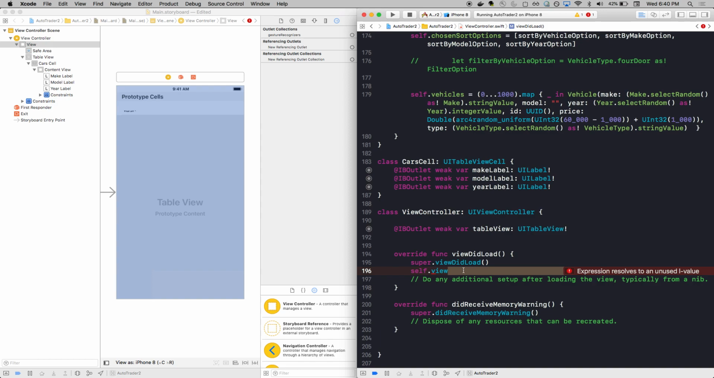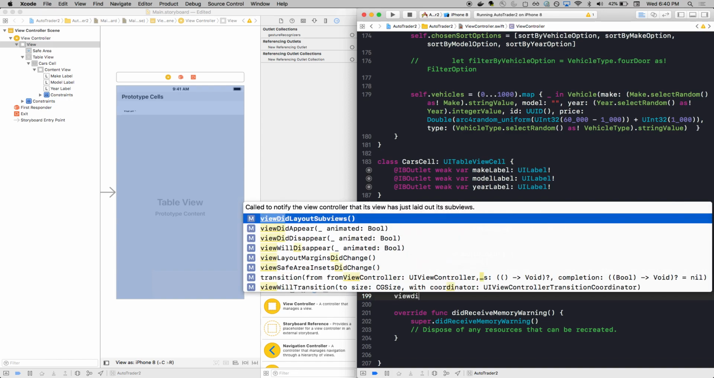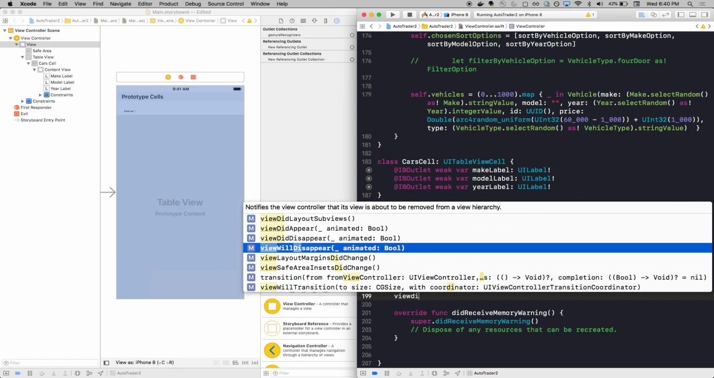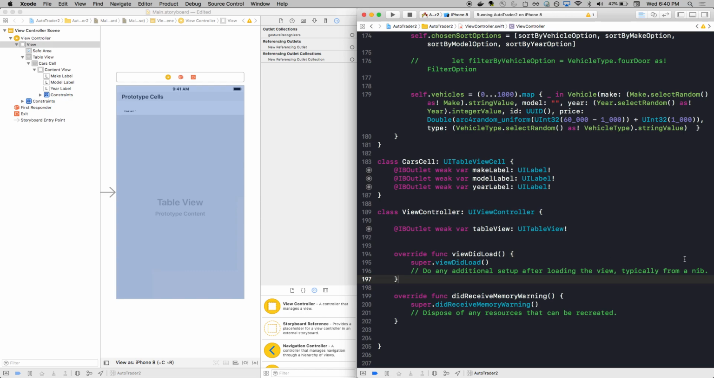There's a few other ones like view did appear, view will appear. These are what I mean by lifecycle events. They notify you when the view is going to go through some sort of thing. On view did load, when the view is ready to go, what I'm going to do is I'm going to